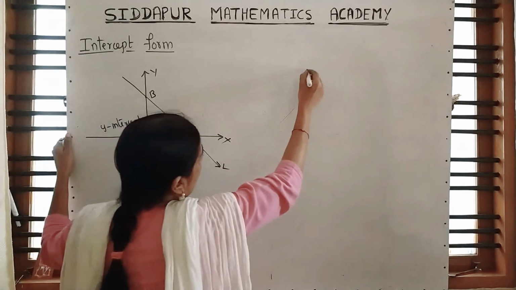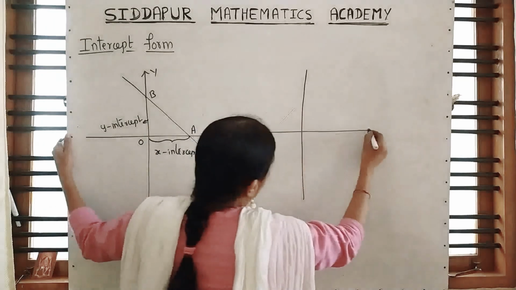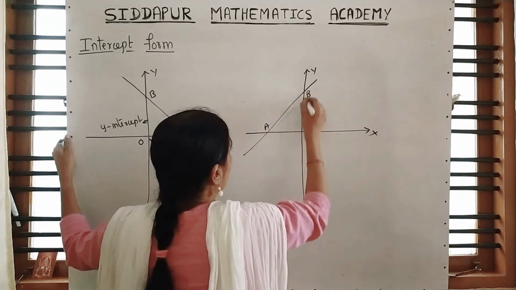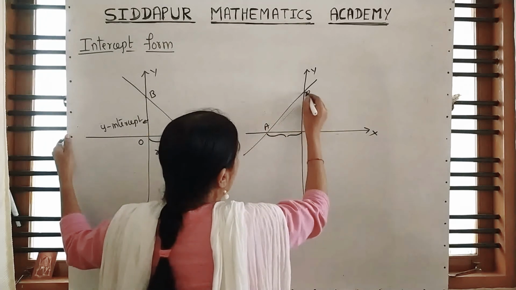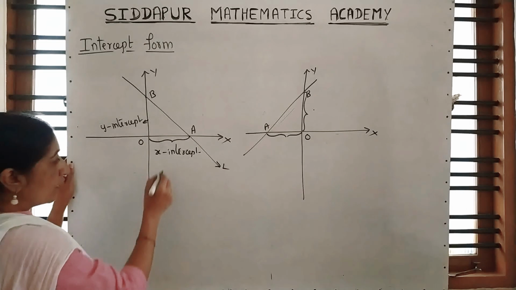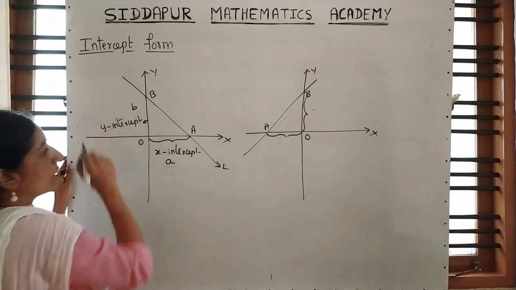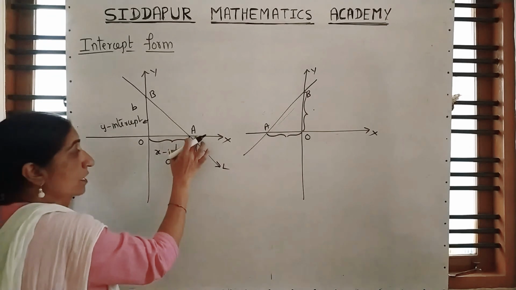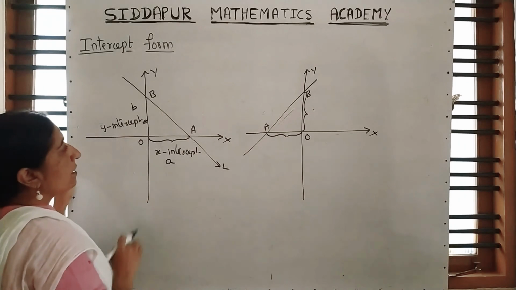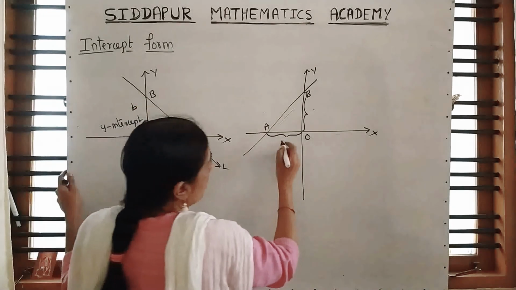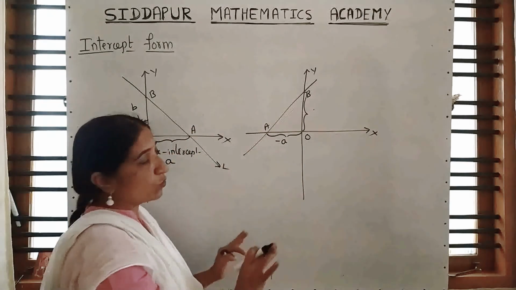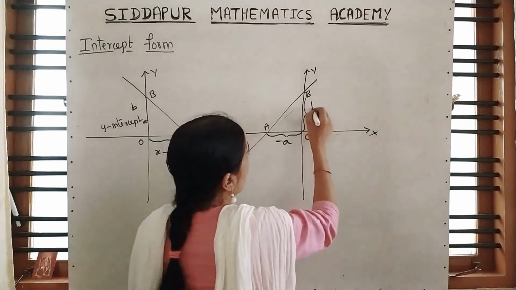Either you can refer to this one depending on the values, and suppose the line cuts like this, this is A, this is B, this is the x-intercept and this is the y-intercept. And remember, generally the x-intercept is denoted by A, the y-intercept by B. OA is the x-intercept, that is OA is equal to A. OB is the y-intercept, OB is equal to B. And here this is minus A. The negative sign tells you it is on the left side, but the distance is positive only. This is x minus A and this is B.